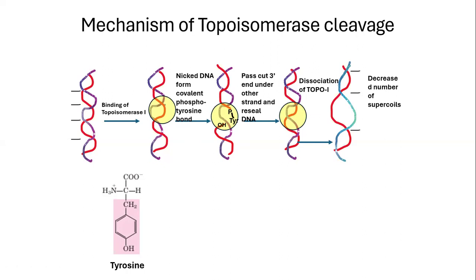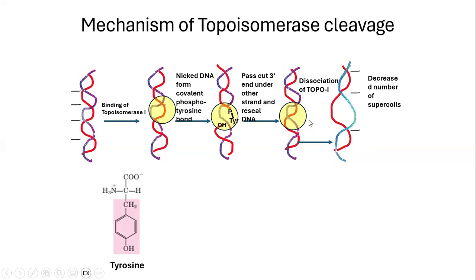So energy is basically stored here in the new bond that is formed between the phosphate and the tyrosine residue. Then after that, we will have passing of one strand of the DNA through the break. And after completion of the process, the free 3' hydroxyl end will now act as a nucleophile and will displace the tyrosine molecule. In the process, it will reform the bond with the phosphate of the backbone, and it will remove the enzyme topoisomerase,